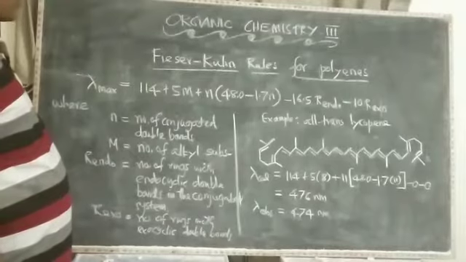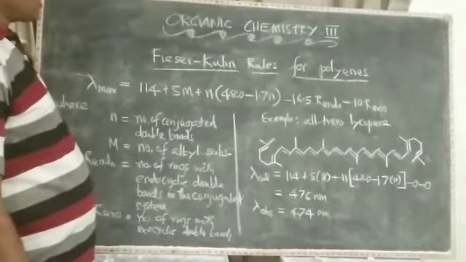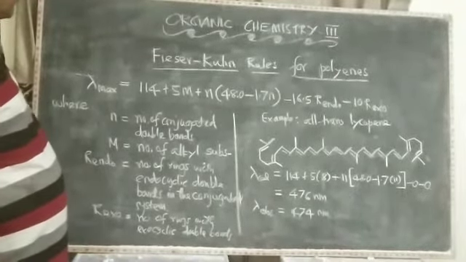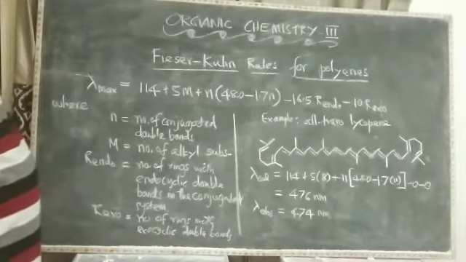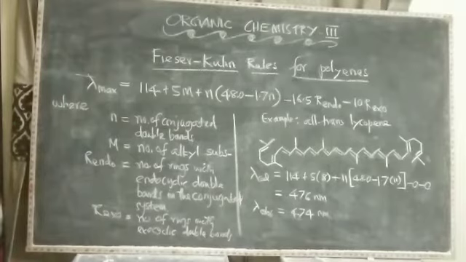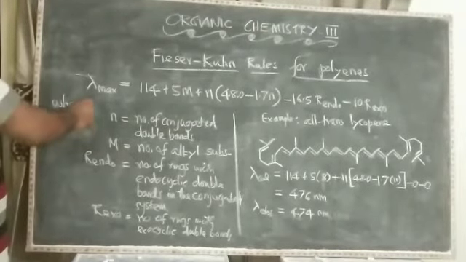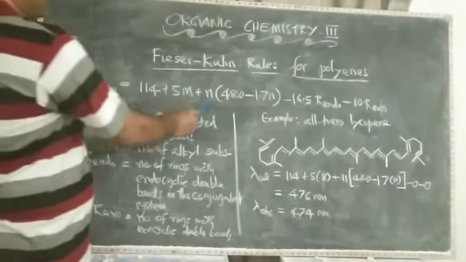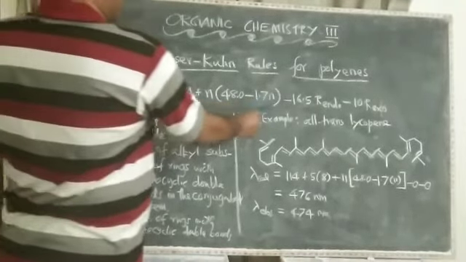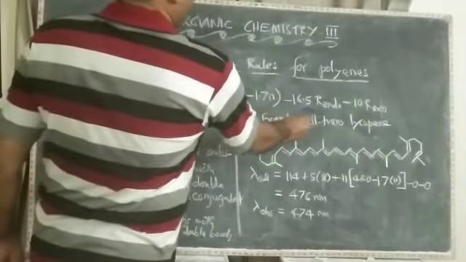And for the calculation of lambda max for polyenes, we have the Fieser-Kuhn rules, and this rule states that lambda max is equal to 114 plus 5M plus N into 48 minus 1.7N minus 16.5 R endo